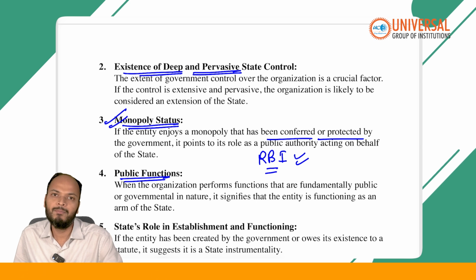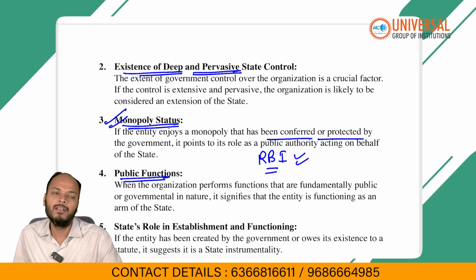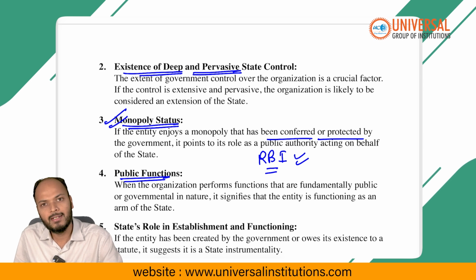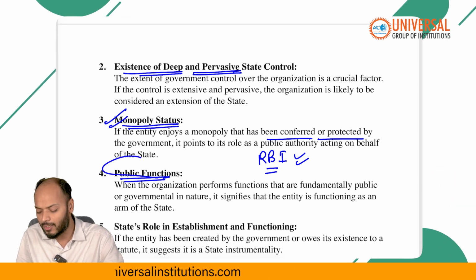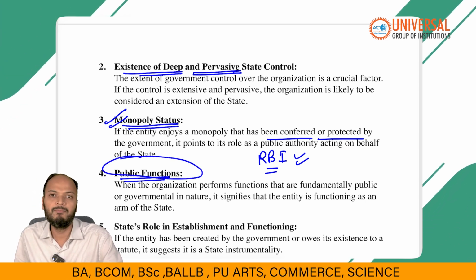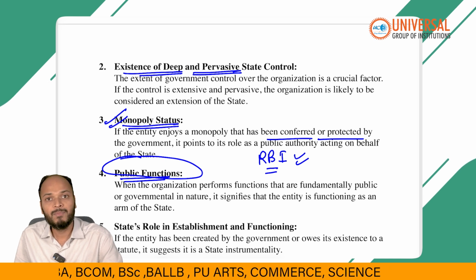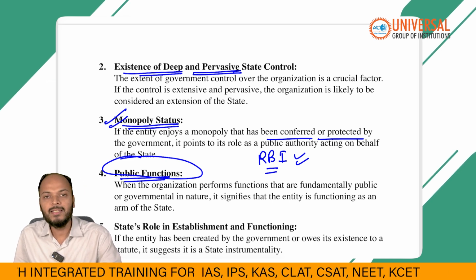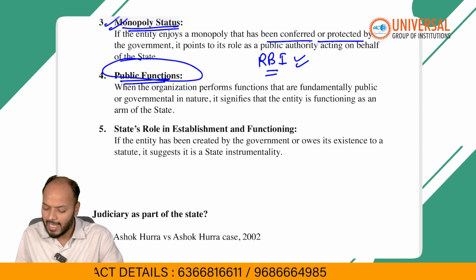For example, if a private body has been given a task of public safety. Now, public safety is generally a work of government, it is a public function, right? If a private entity is also doing it, this entity can be considered as state. And the last condition,